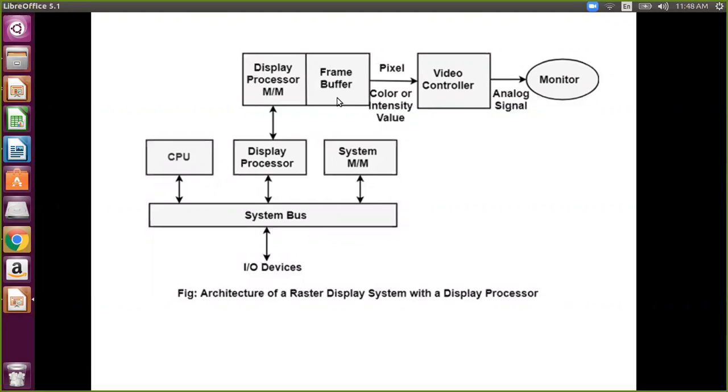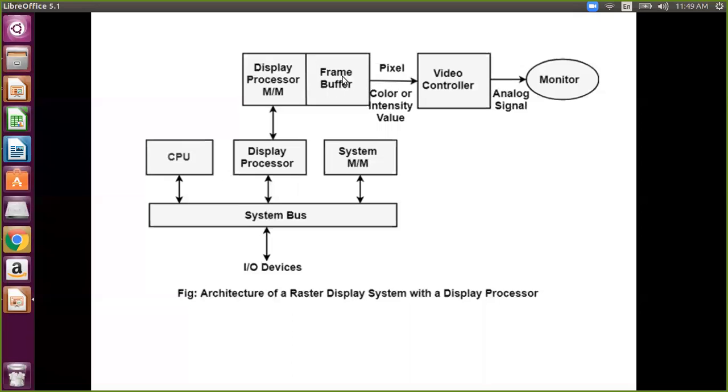The frame buffer gives the values stored in it to the video controller. The video controller takes the values from the frame buffer and converts them according to the monitor or display device.